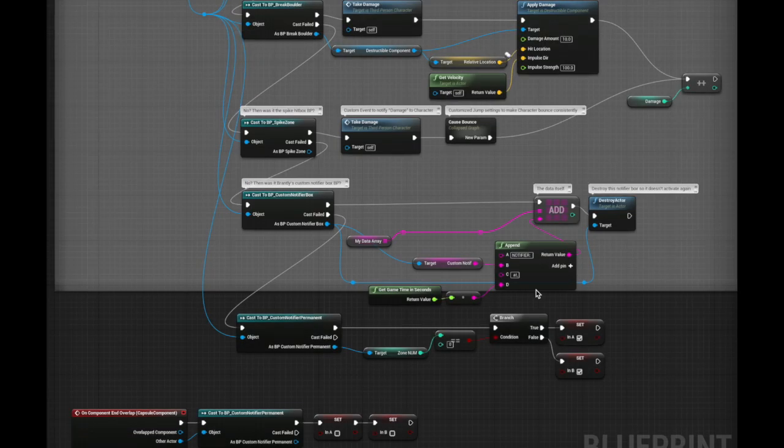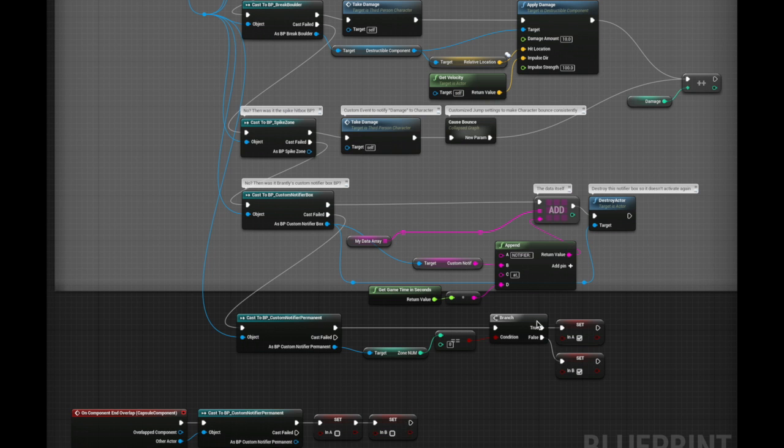From there, I decided to add it within the onOverlap event. So when it begins, it'll set A to true if it's 0. So path with a zone number of 0 would be A and 1 was B, but since I only had 2 paths, I just made that false. And then if the end overlap occurred with the permanent notifier box, I set both of them to off,